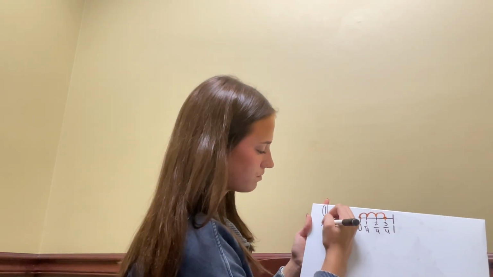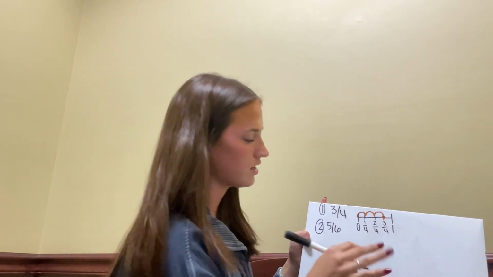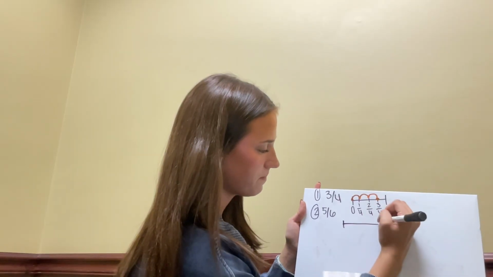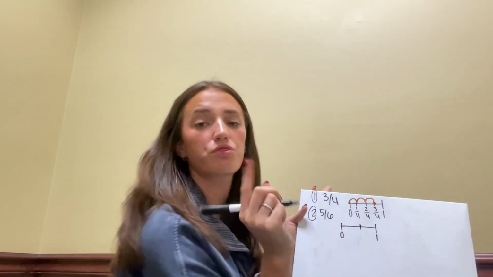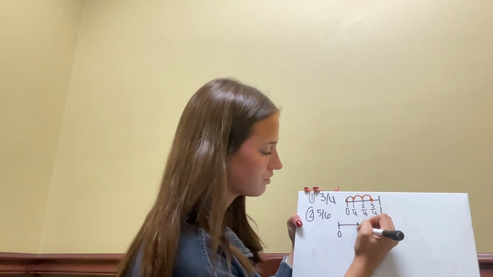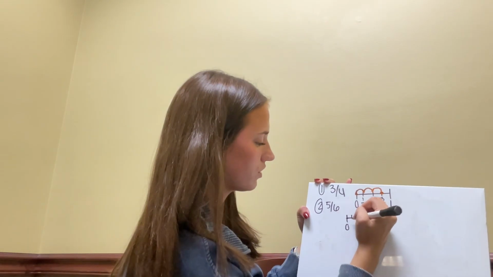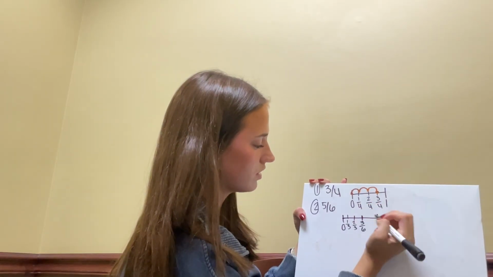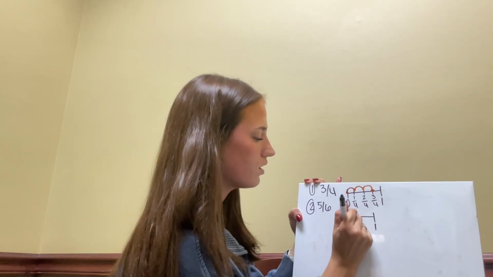So then our second problem will be to place 5/6 on a number line. So kind of the same steps. We create our number line, go 0 to 1. Our halfway point, 3 is half of 6. So 3/6 will be our halfway point, and then we'll create 1/3, 2/3, 1/6,